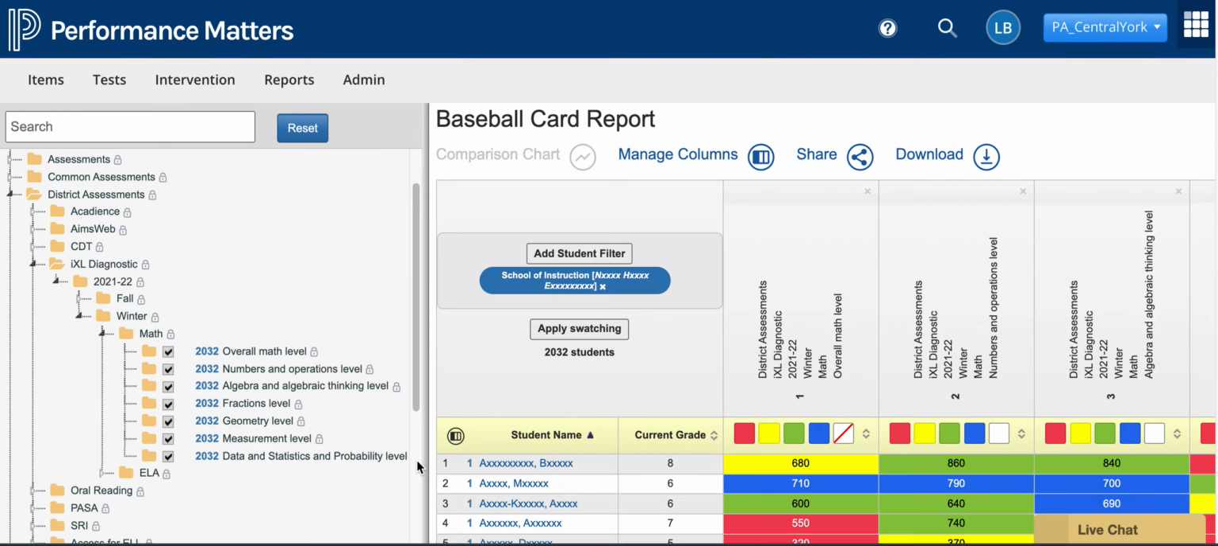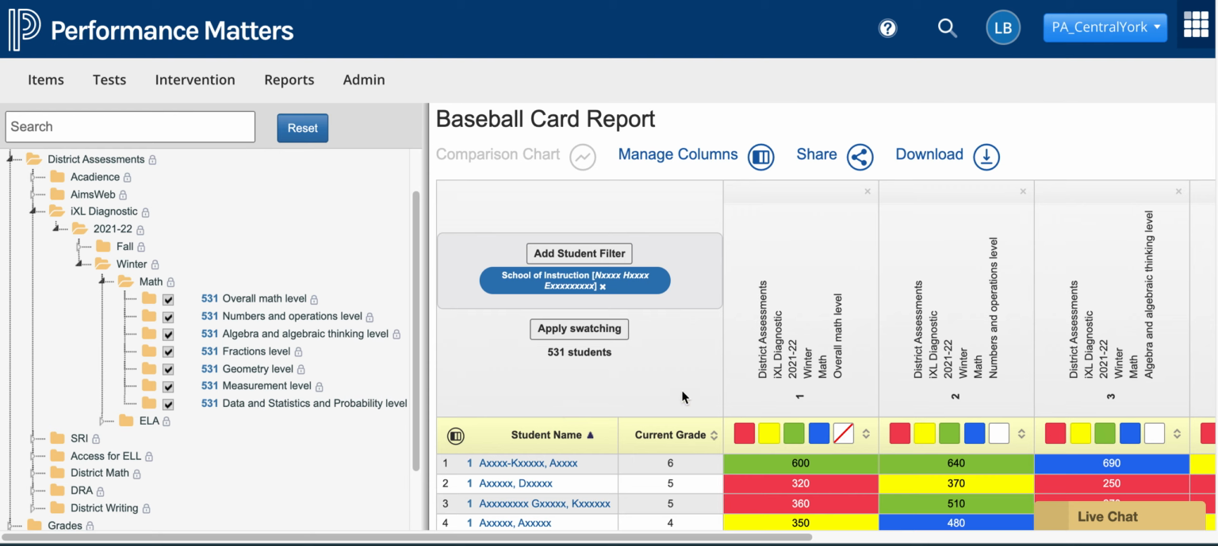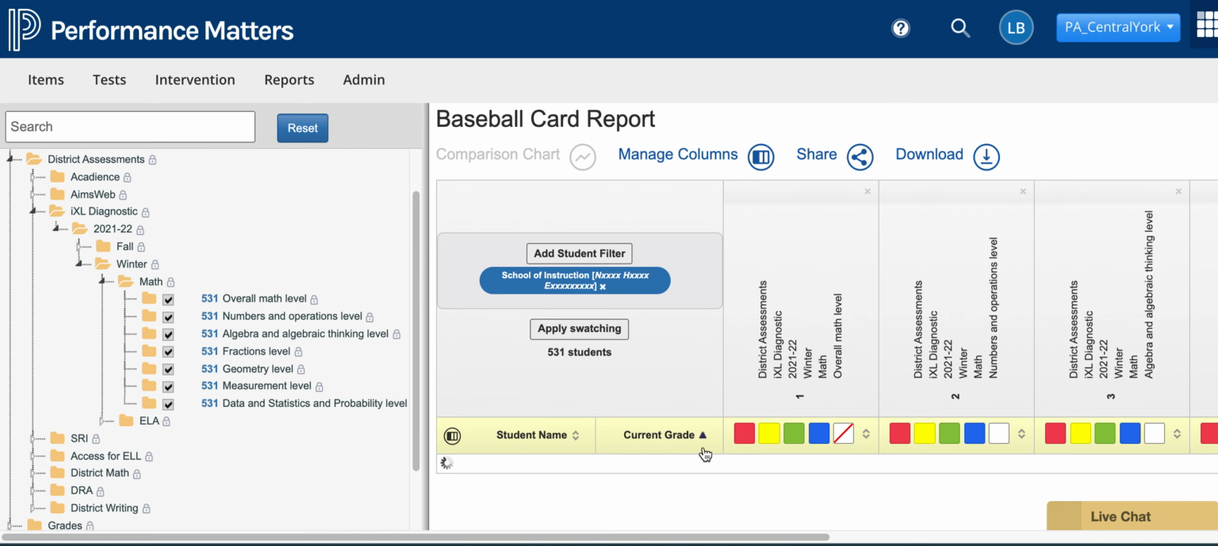I can apply that filter, and now I go from having all of the students that I had before to just the 531 students. It's interesting that that number, I think, is different than what was listed as North Hills, but we can check that later. And then again, I can sort this A to Z